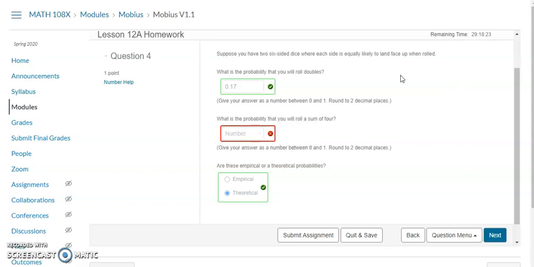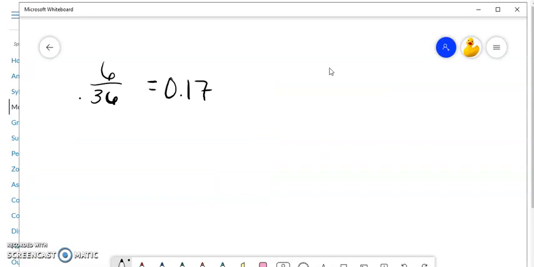The next one you said was the probability that you will roll a sum of 6. Mine says 4, but we'll work with 6. And so still out of 36 possibilities, right? That bottom number is still going to be 36, but we need to figure out a new top number, so we need to look at the ways that we can roll 6. And this is a little bit tricky because